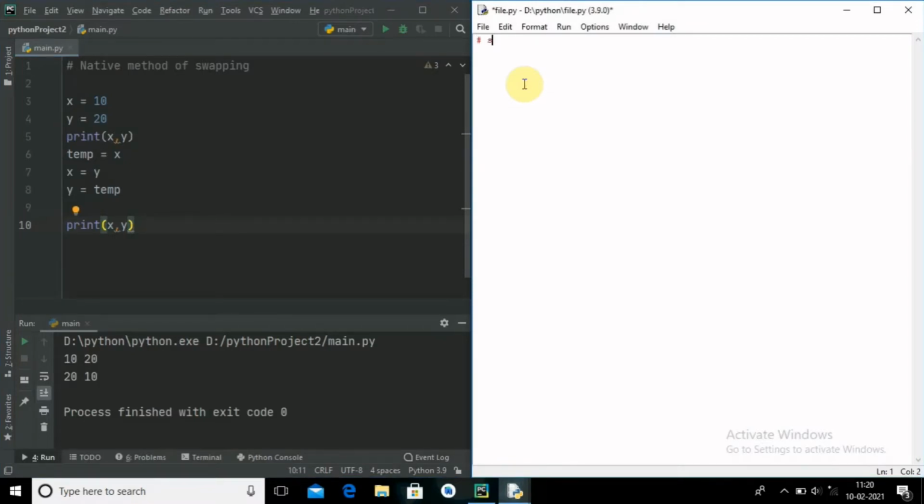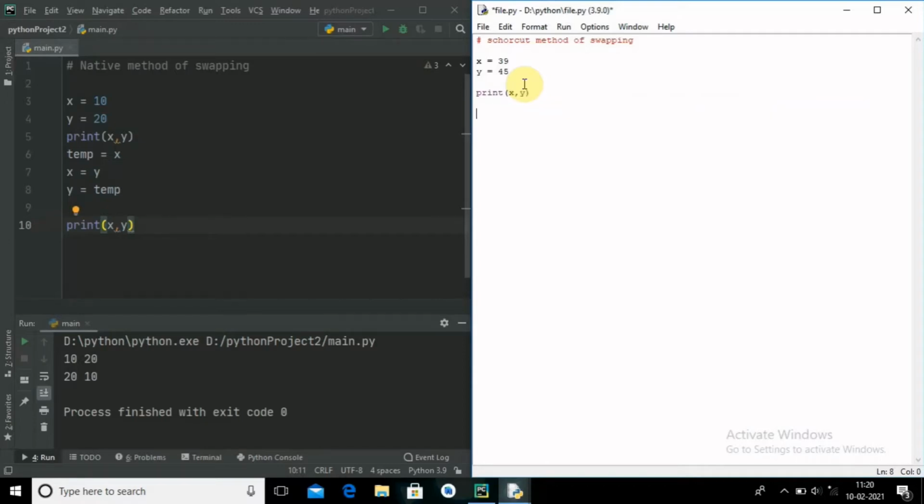Here I will write a shortcut method for swapping. So let me show you. Here I will give an x value to be 39, anything, and y value to be 45. Before that I will print the x comma y value.